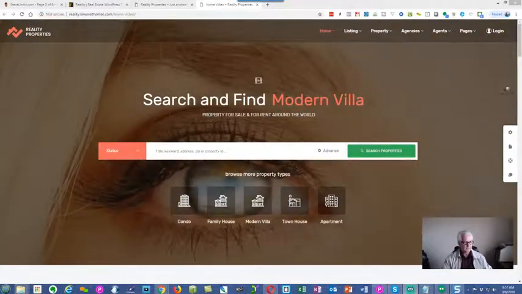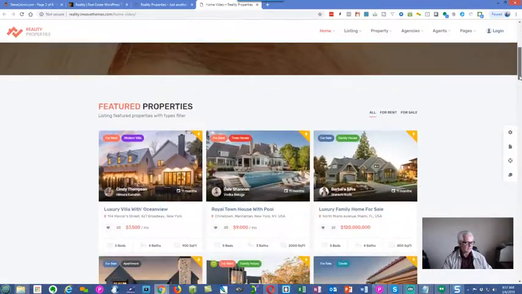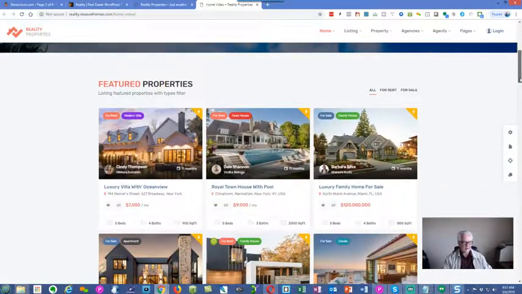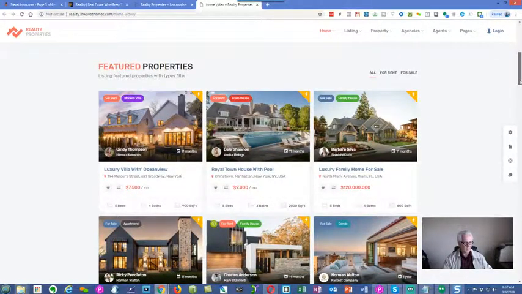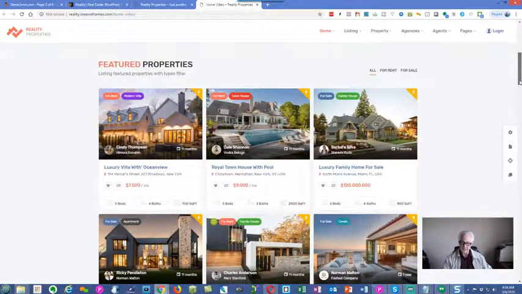So let's go ahead and scroll down a little bit. Now you can see the way it looks right now. It's very inviting. The colors are very nice for the site, for the featured properties. Now this website, like I tell you in all the themes that I show for real estate, is the actual website theme. This does not include the IDX integration. If we include the IDX integration, then it's going to look a little bit different than what you see here, just because of the IDX plugin provider,